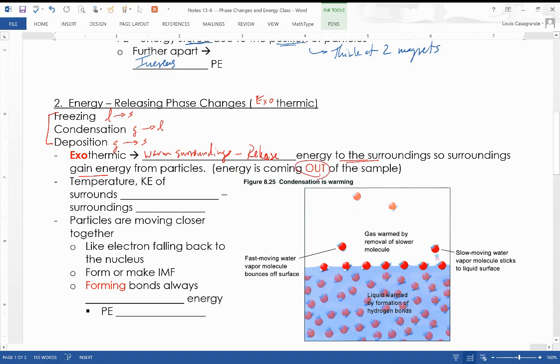So the temperature and the kinetic energy of the surroundings is going to increase. Surroundings warm up. So when the system is losing energy, we're going to see that its energy is going to go down and the surroundings energy is going to go up,